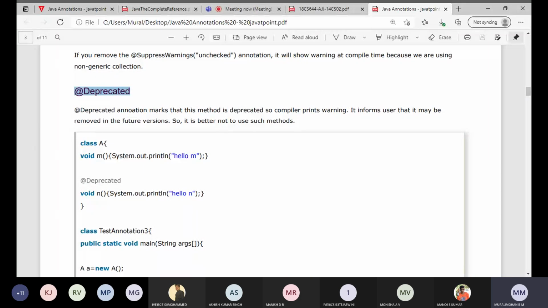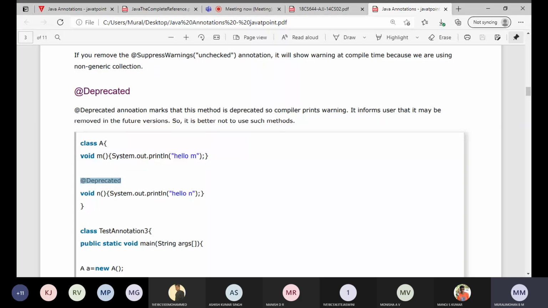The method you are using while developing can be removed in later versions, and that is indicated by this annotation, Deprecated. Here a method is used and you are deprecating it, so later this method can be removed.